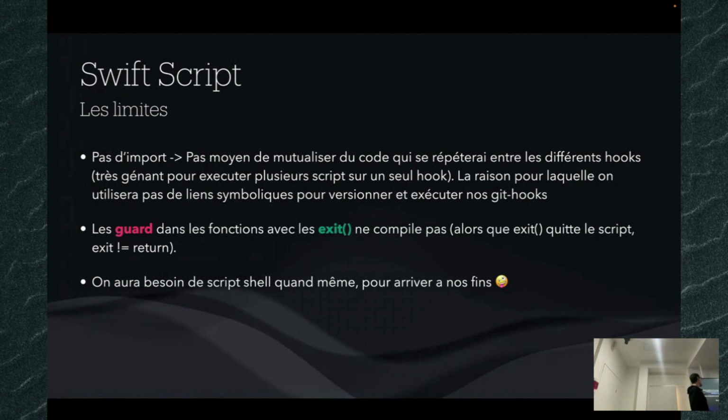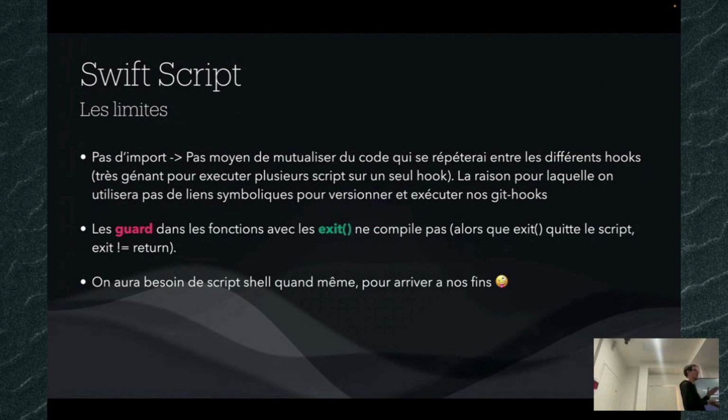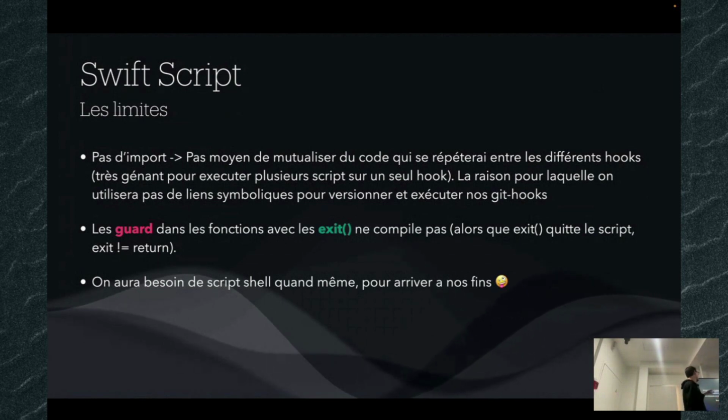And a little limitation is because of the manner of writing Swift in script, the guard is not running well because there is a conflict between the exit function, which exits the script, and the guard that needs to return. When you are compiling it, it screams that you don't need a return.